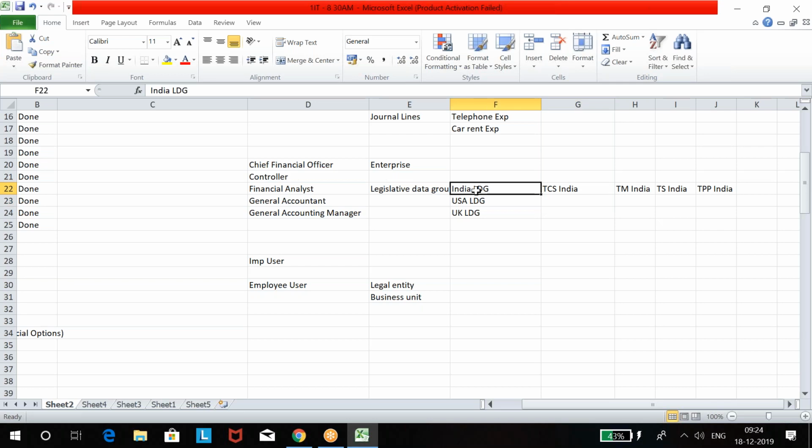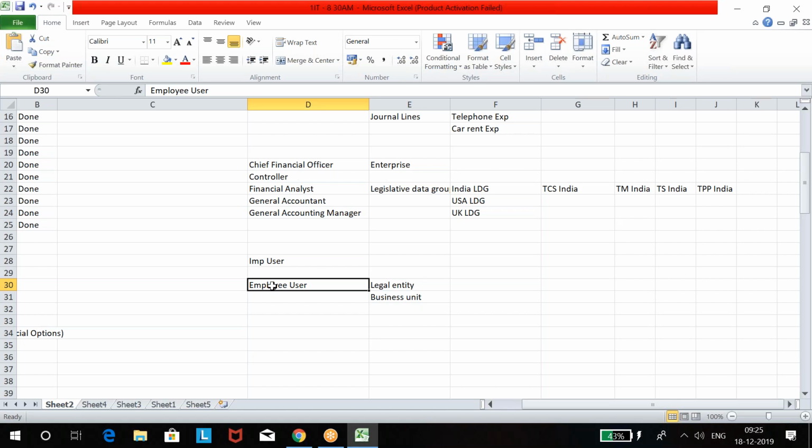So that is called legislative data group. It's a country data group. Data is nothing but business, so we call it a data group: legislative data group, country business group. Same like Australia related, USA related, UK related, we attach to. All legal entities belonging to the country need to link with a legislative data group. Then you can use the legal entity while creating an employee user. Otherwise it will not accept.